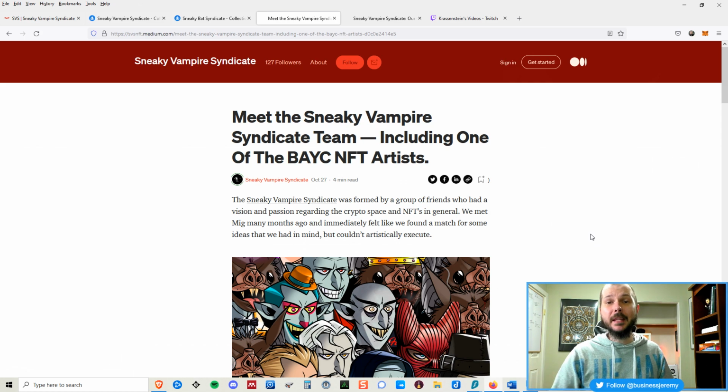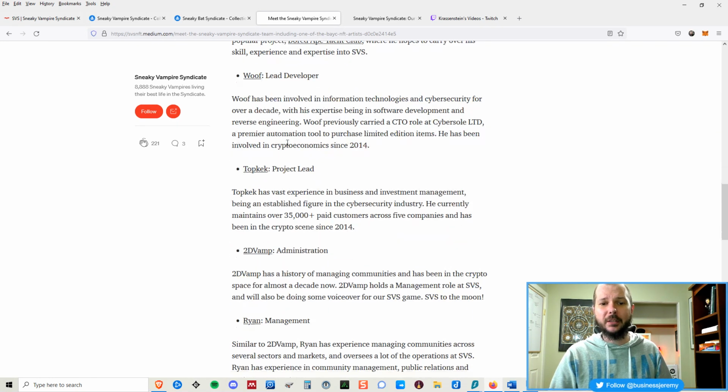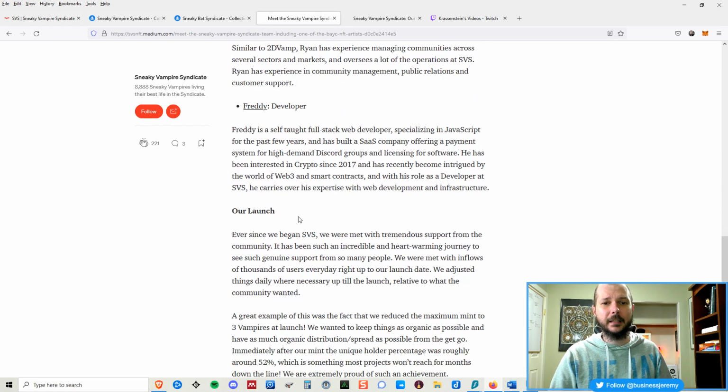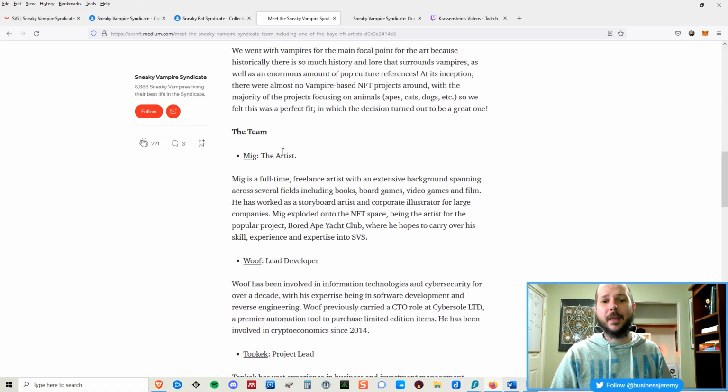Now here on their Medium page, they have one that's dedicated just to their team, and you can scroll down and look at their various team members and what they do here, you know, developer, project lead, and look at their experience. But the one I want to focus in on is Mig, who is the artist. Now, Mig's a full-time freelance artist, it says, but here's the important part, because this is what initially drew me to the project. Mig exploded onto the NFT space being the artist for the popular project, the Bored Ape Yacht